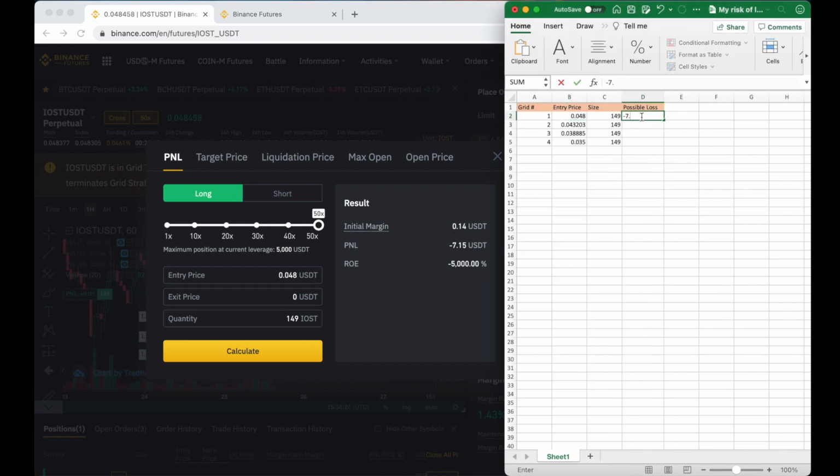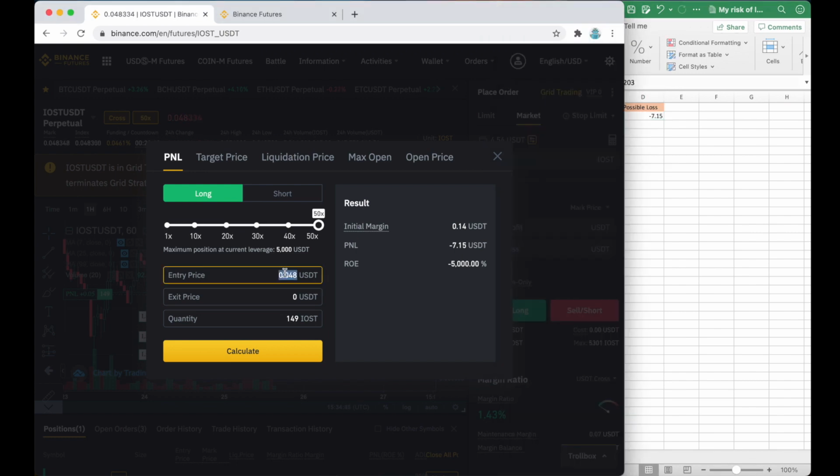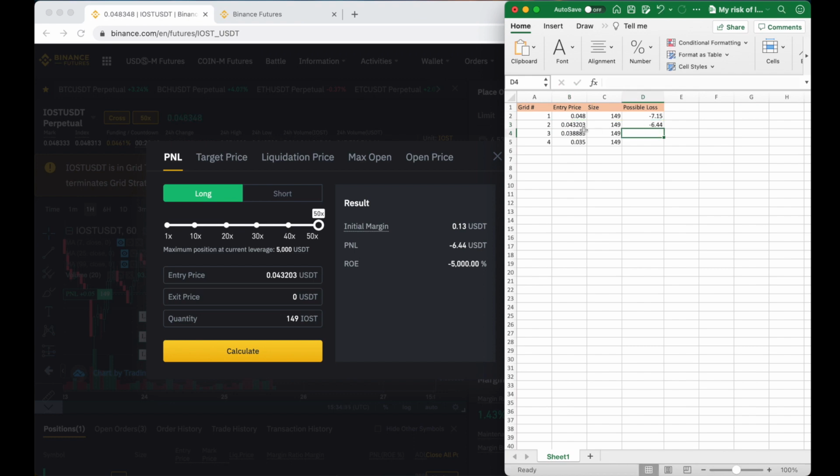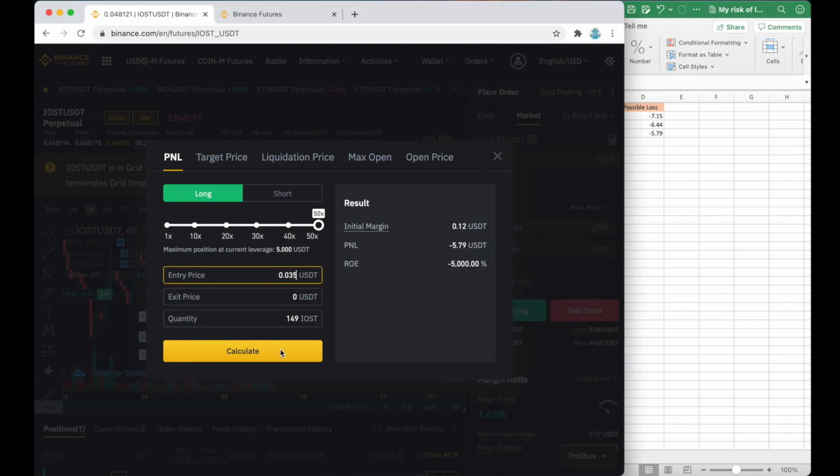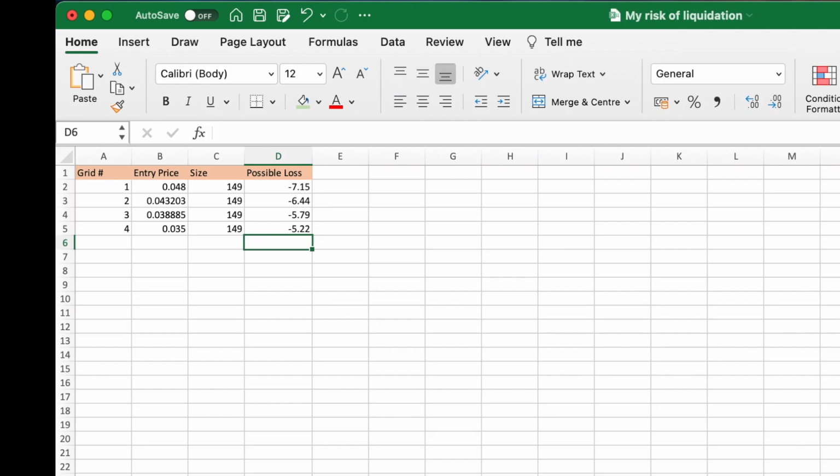As I've shown you before, I put 0 as the hypothetical exit, that is my worst case scenario. And I record these worst case scenarios for each position. And now, I will add them up. $24.6 USDT. This is the amount I should have in my margin balance, if I want to leave this grid strategy running through the night and sleeping well. So now, I need to decide if I take the risk of losing my $5 that I had transferred to my futures wallet, or if I transfer additional $20 to remove the risk of liquidation.